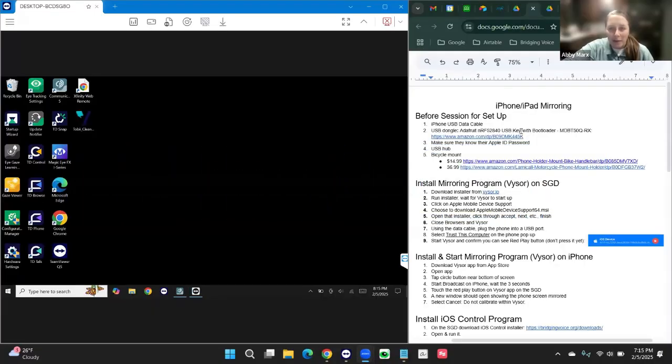All right, I'm going to be demoing how to install the iPhone mirroring program from Bridging Voice. Here on my screen that I'm sharing, you can see that on the right side I have our guide for installing the iPhone or iPad mirroring. And on the left side, I am remoted into my eye tracking communication device so that I can do the setup on the device. In addition to this, I have my iPhone USB data cable,